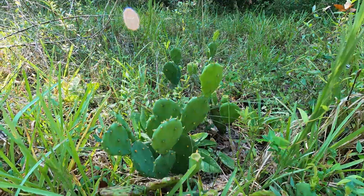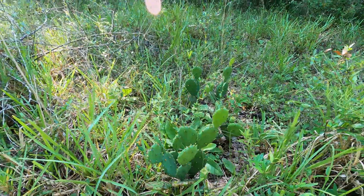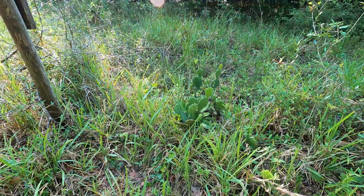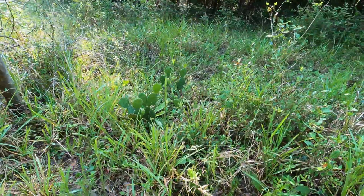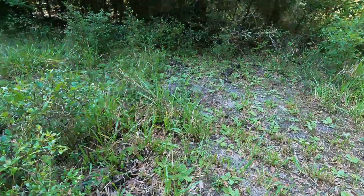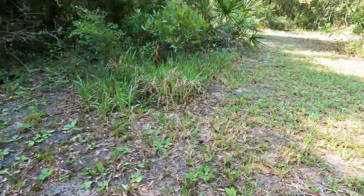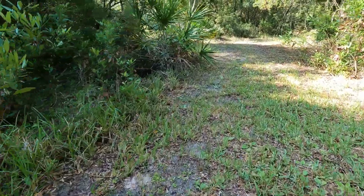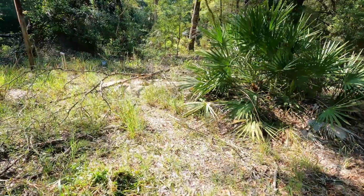This is an important gopher tortoise food right here. It's prickly pear cactus, and we're going to talk about that some more, and we'll look at one near a gopher tortoise burrow. But this is a plant that, if it's in the wrong spot, you're going to get stuck, or your kids are going to get stuck, that sort of thing. And what I do is, when they're in the wrong spot, I move them close to a gopher burrow. And we'll see that in a little bit. This is the newest